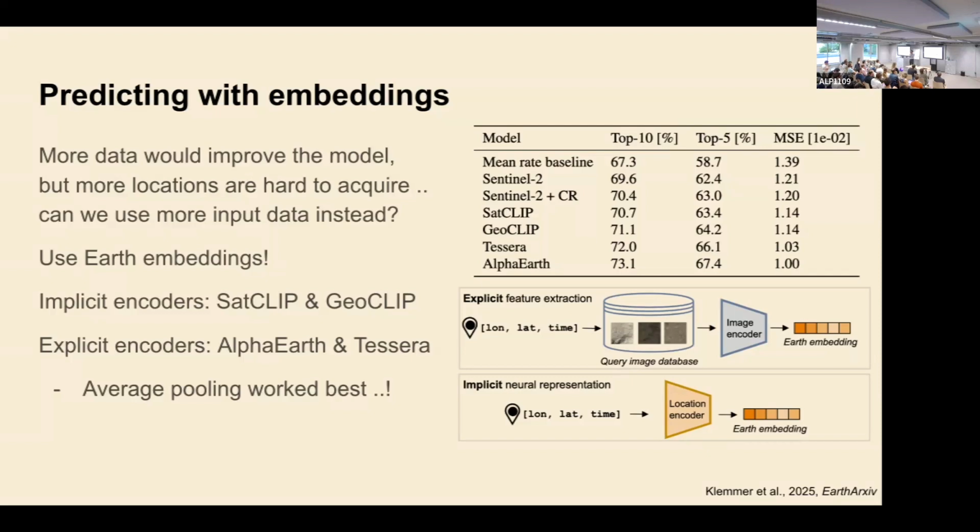Something else I wanted to bring up is that because those data are at the same resolution of the original satellite data, we need to do some kind of pooling to efficiently handle the data. We tried different ways of pooling, also training convolutional nets, for example. But in the end, what worked best is just to average all the pixels in a location and get an average embedding, which is kind of surprising. But maybe that's also an artifact because of the small size of the data set. But surely there's a better way than average pooling. So I think that would also be very interesting to further explore.